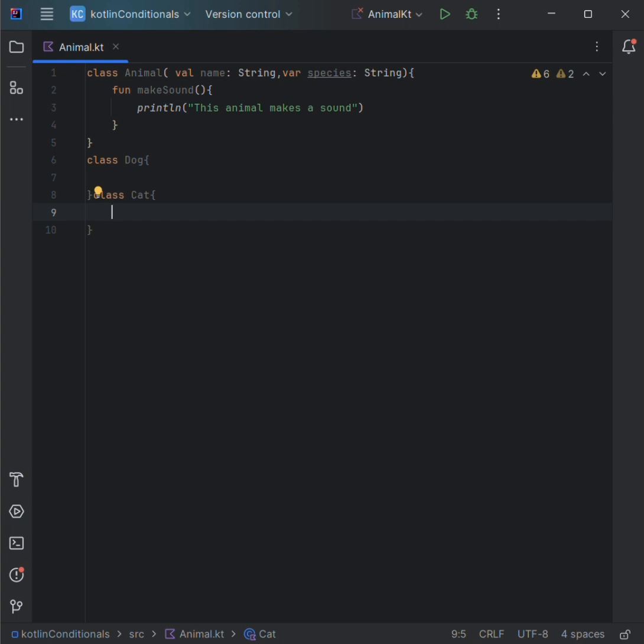To define the subclasses of the Animal class, ensuring that both inherit from the Animal class, we need to use the open keyword and put it before the parent class and the function, in order for the subclasses to access anything in the parent class.